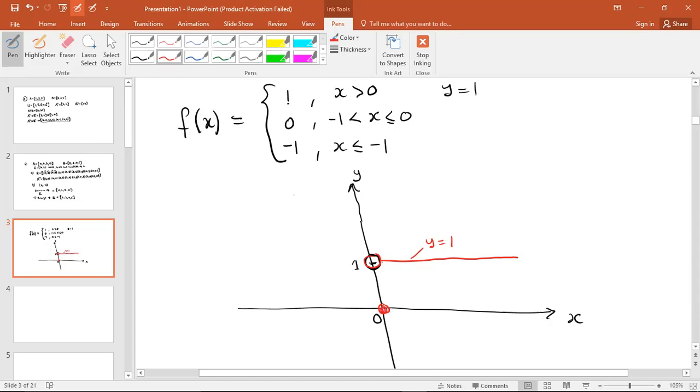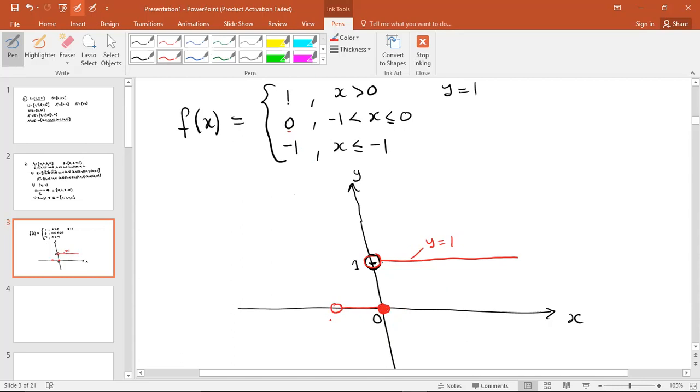It will be a shaded point there. And the line is y equals 0. So y equals 0, it's the x-axis. So it's a line that will move from there to there. So this will be the line from there to there, and it goes all the way up to